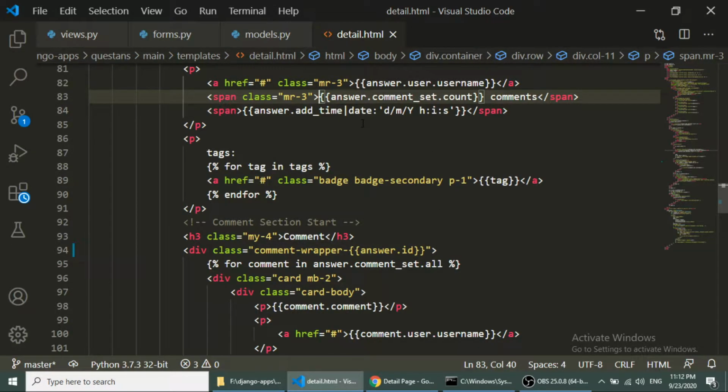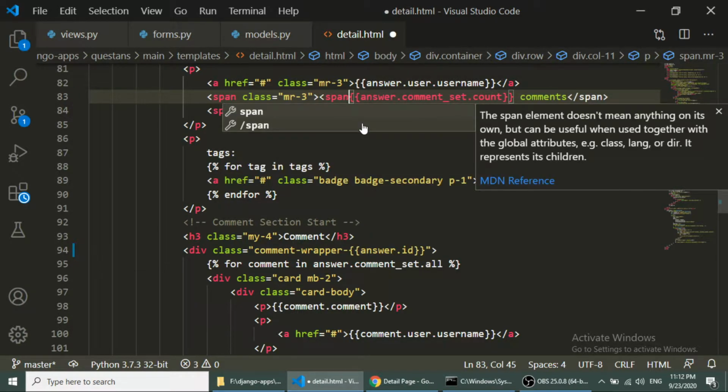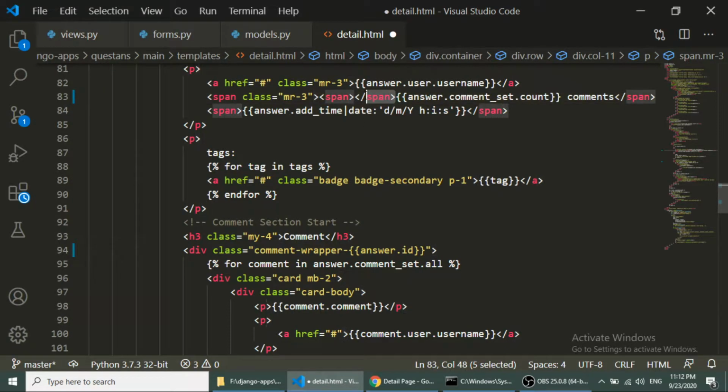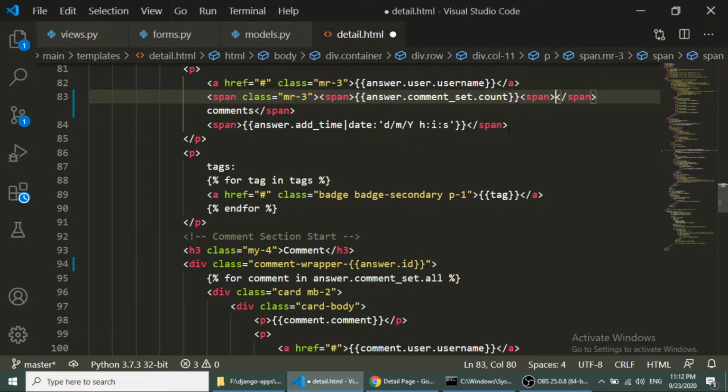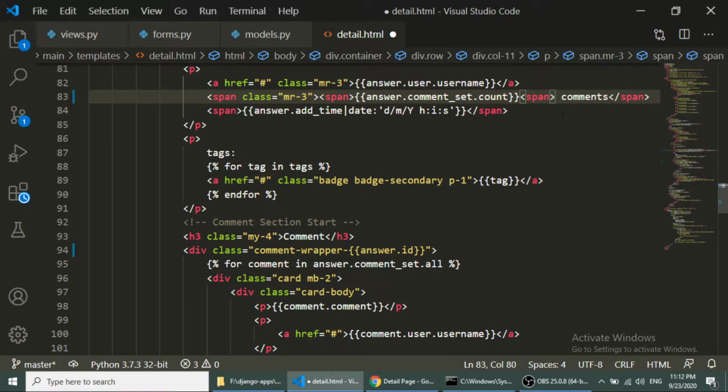In the counting, I want to show the instant counting. When the user submits the comment, I want to show the instant counting. So here I will add a span. I'm doing one improvement.